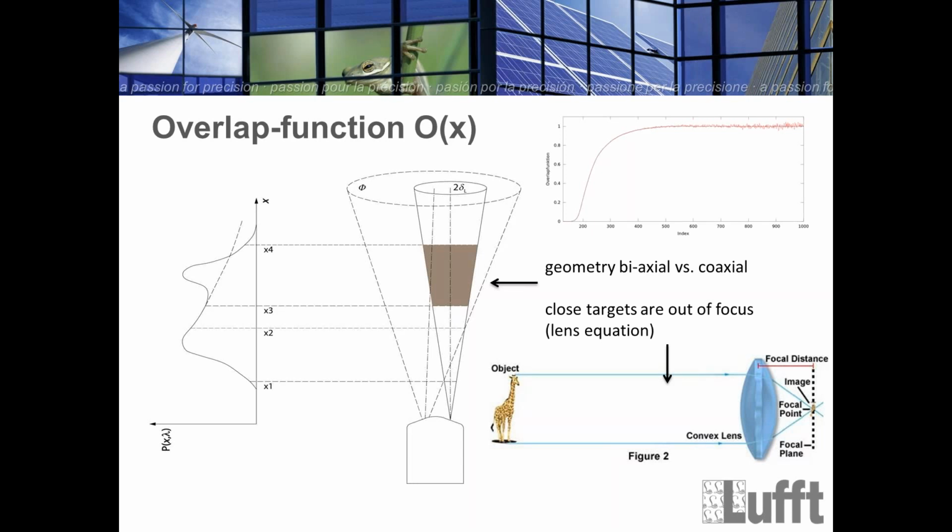This is one effect, leading to a situation at low distances. Here is the distance scale. This is a kind of intensity scale. So the overlap function has values from 0 to 1 here. And 1 means 100% can be detected in principle, and 0 means almost nothing can be detected